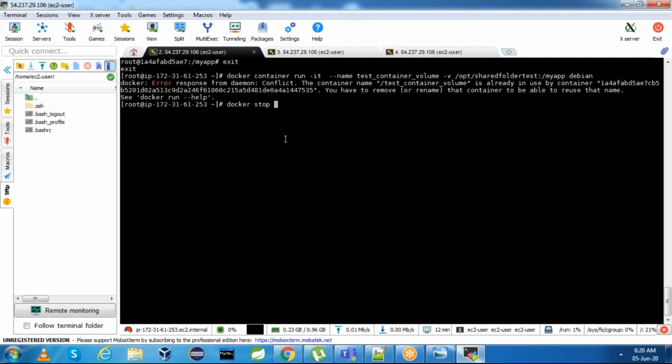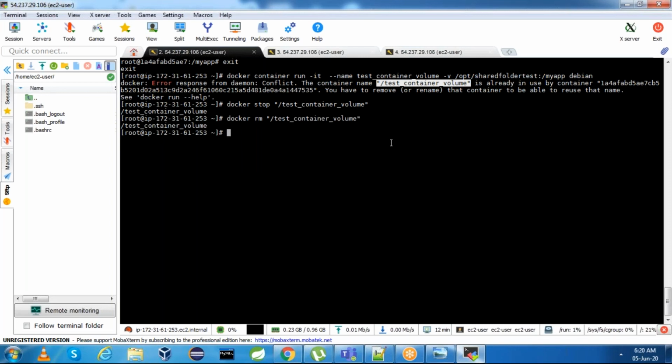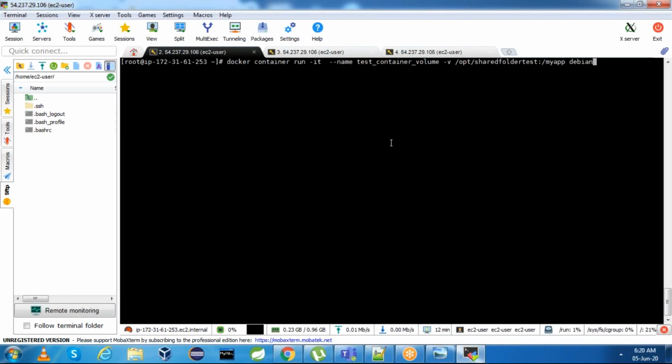Docker stop, Docker remove this one. Now run this command. This folder I haven't created. Under opt, there is no folder called shared folder test, but still this volume will create that particular folder automatically.